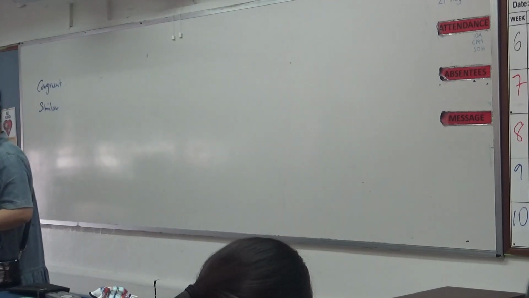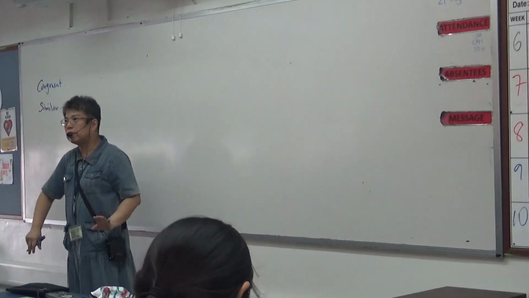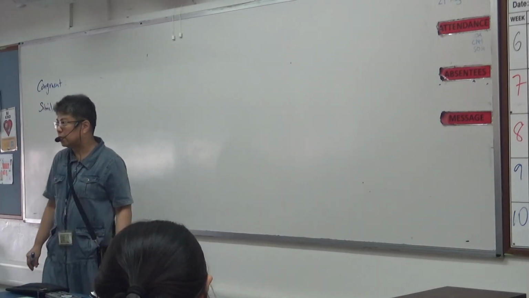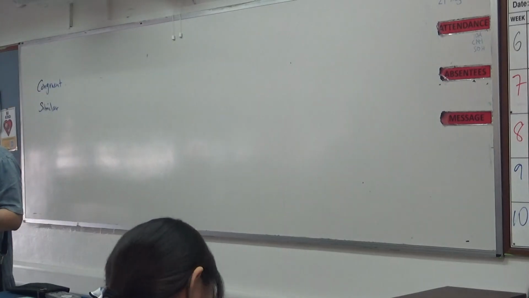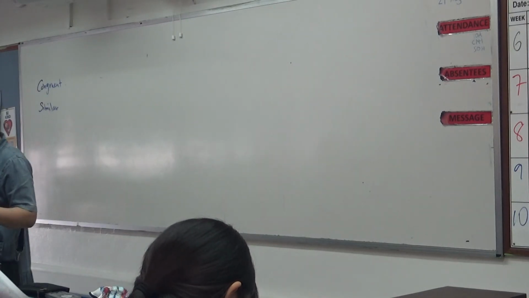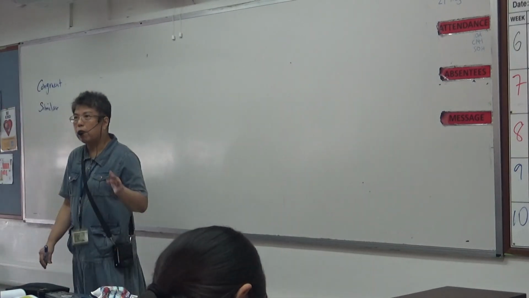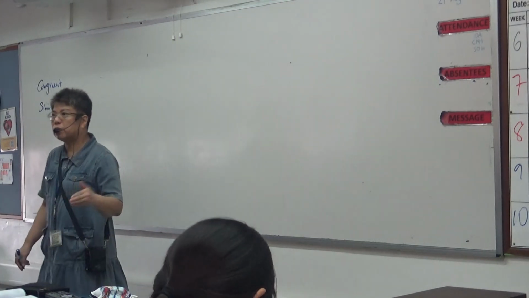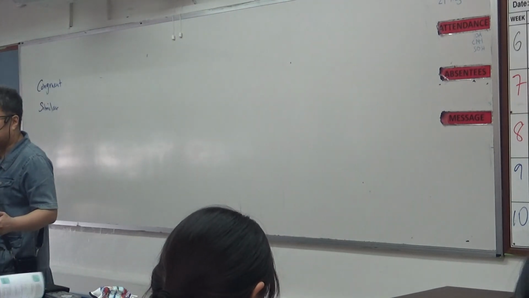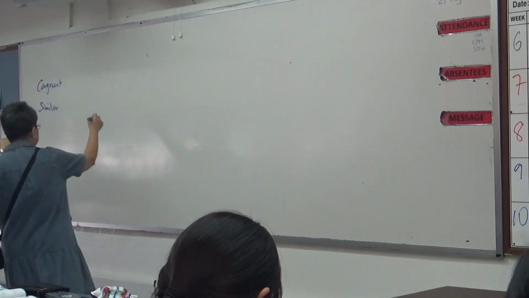smaller. Okay, now we can have many types of congruent figures and similar figures, but in this section, exercise 9D and 9E, we are going to talk about congruent triangles and similar triangles only. Understand? Okay, now